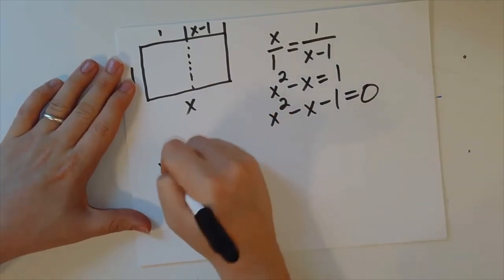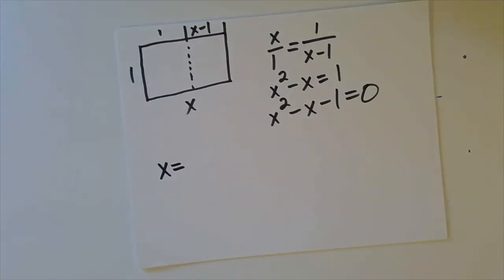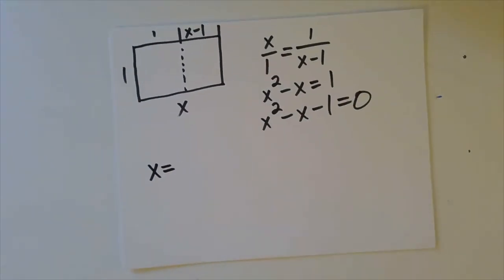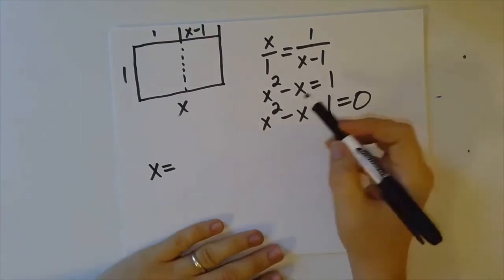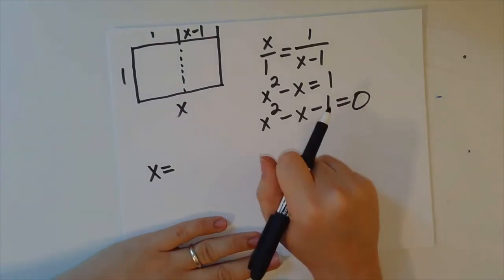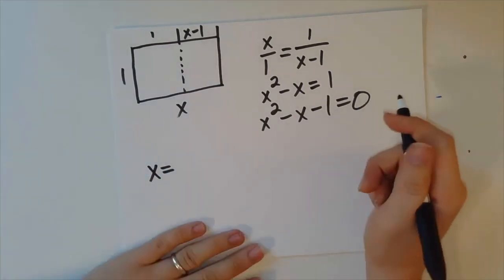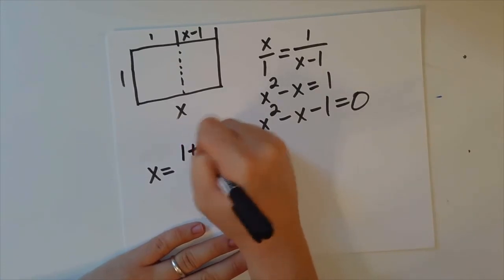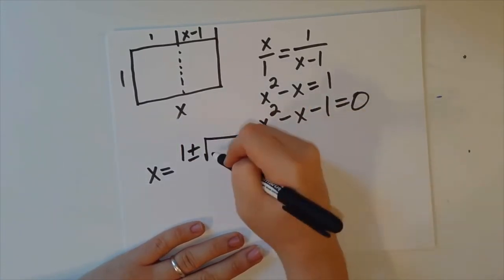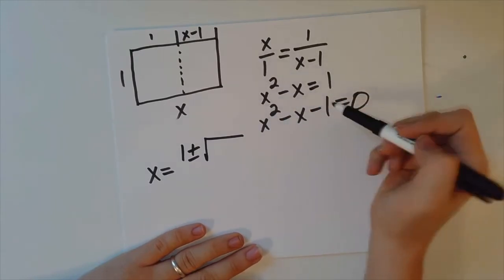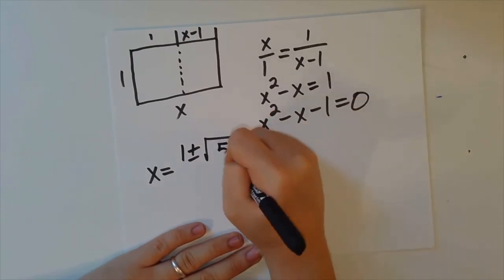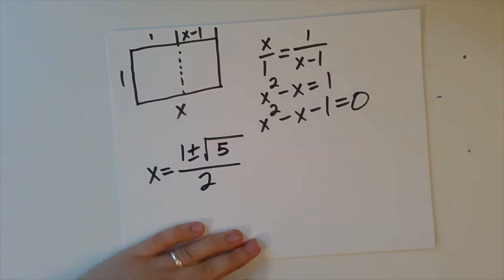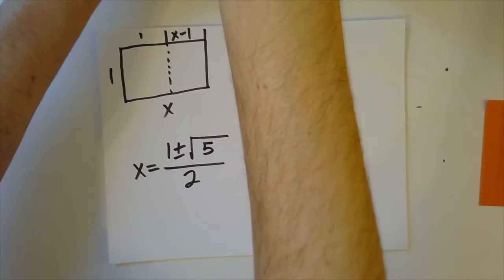So we're forced to resort to our friend the quadratic formula, which, remember, as always, goes to Pop Goes the Weasel. So x equals opposite b plus or minus square root b squared minus 4 times ac, all over 2a. That is the way that if you want to get someone to remember the quadratic formula, or if you, like me, have the memory of a leaky sieve, you can remember it. So that gives you that this number is 1 plus or minus the square root of 1 minus 4 times minus 1, so that's 1 plus 4, which is 5, over 2. Okay, so that is two different numbers,